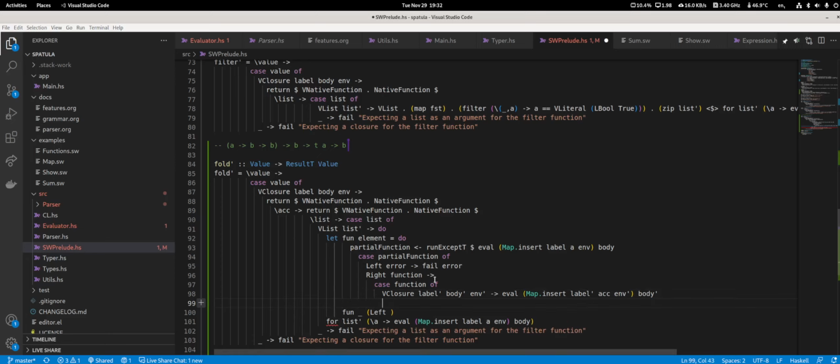Yeah, and everything else is an error. Everything else is just, expected a closure in the fold. Found something else. And then